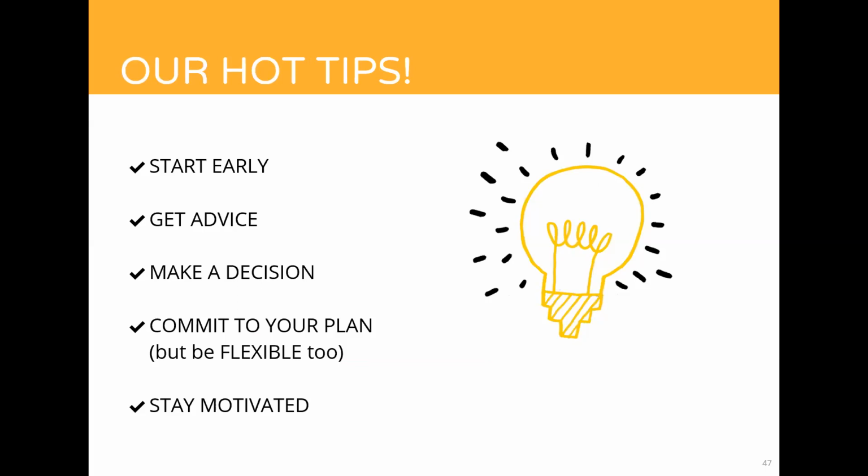So you need to weigh up time, cost, location, whether you can work or not work, a whole range of factors to rank your plans A, B, and C and make a decision on the plan you're going to follow. You need to commit to that plan, commit to seeing it through right to the end. Now, you do need to be flexible because things will happen. Laws may change, external circumstances may change. And so you may need to flex and adapt, but you should still have a strong pathway for moving forward.